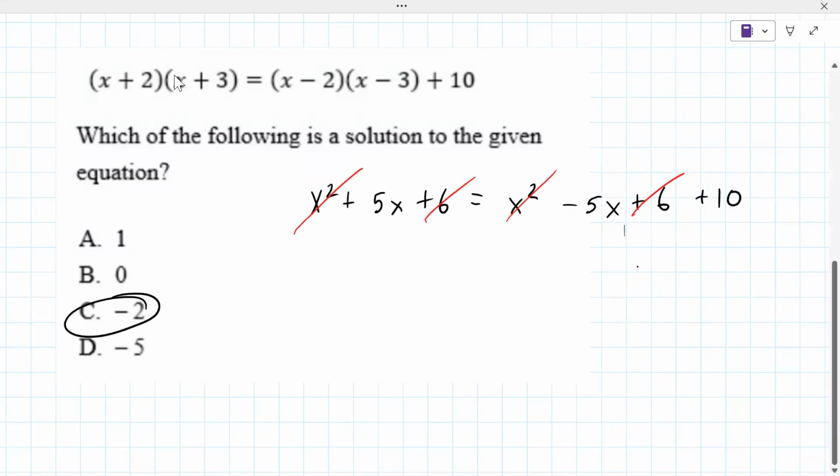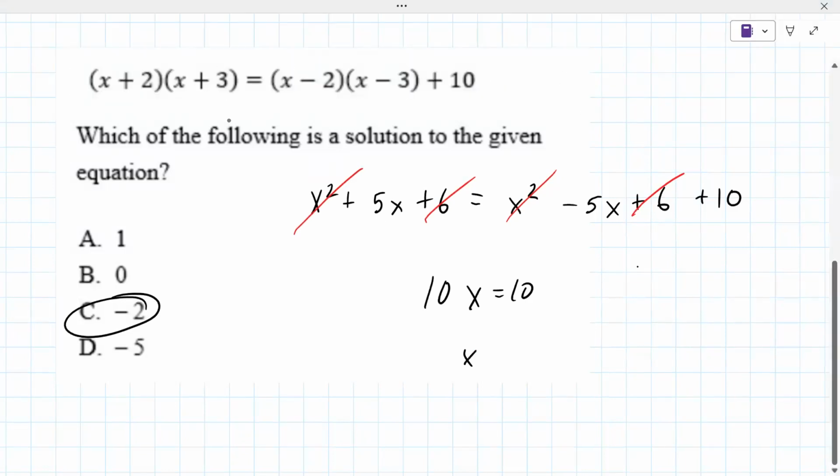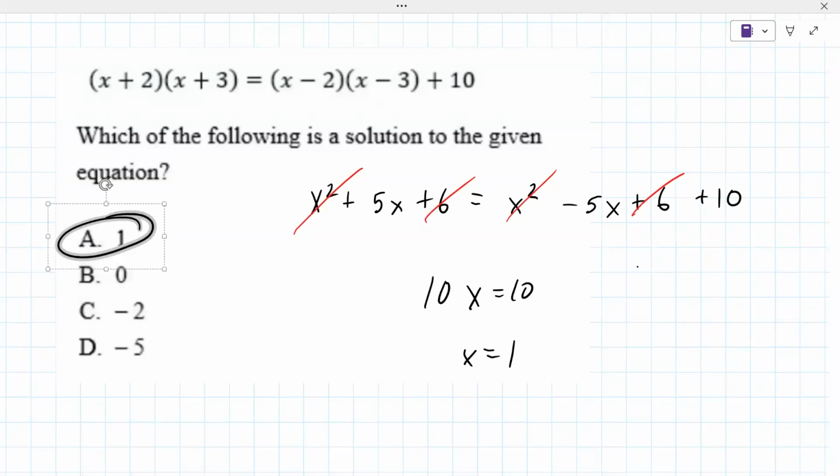You don't want to substitute a number in 4 times. I mean, in the worst case, you've substituted it in 12 times because you've done 3 of them, and there's a lot of places you can make mistakes. So yeah, you end up getting 10x equals 10, which is x equals 1. So I really think you should consider how many times you substitute it in before you do that. All right, now